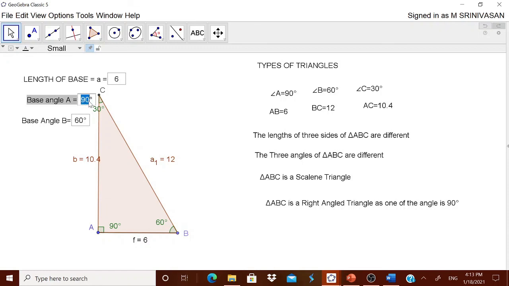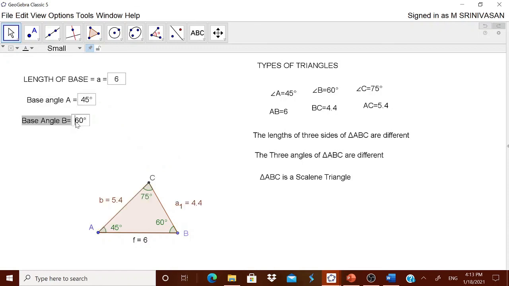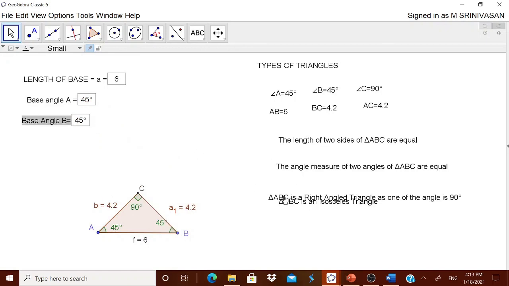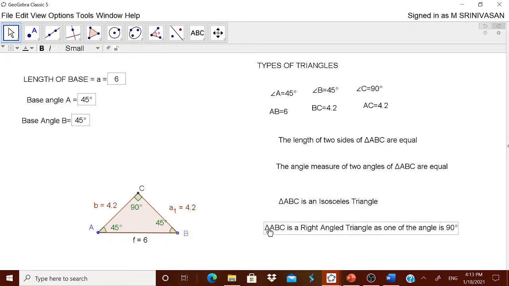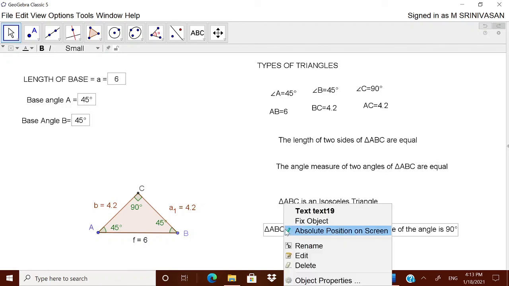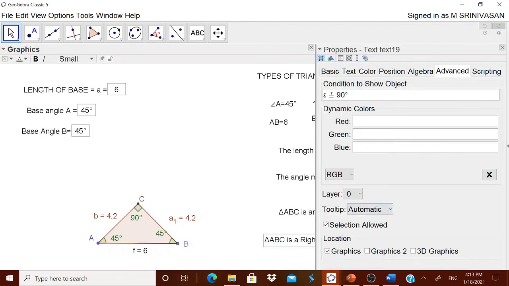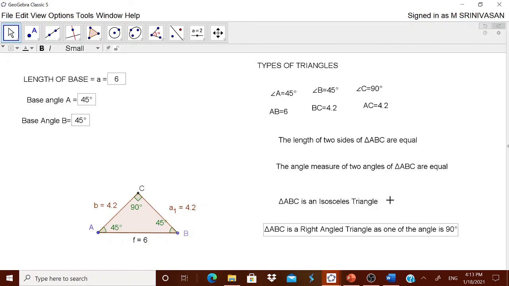Okay. Suppose some of you may ask me, sir, if I make this 45 and this also 45. Oh, that also I am getting an isosceles triangle and also a right angled triangle. Okay, fantastic. It is an isosceles right angled triangle. You can call it. I think if you want to change it, you see the object property I have made. This will be 90 only when it should be isosceles. We don't know because the bottom one may be either 30, 60 or whatever it may be. Therefore, I am not using the word. But you can tell the children that it is an isosceles right angled triangle.